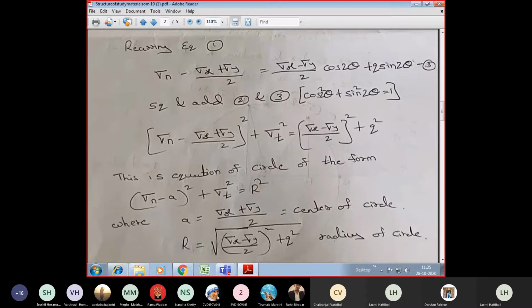When you draw a circle and want to calculate its radius, if you use this formula, you will get the radius of the circle. Is this clear to you all? Center of a circle and radius of a circle. You need to remember this: center of the circle A and radius of the circle R. All this is just a proof that the Mohr circle indicates the stresses on an inclined plane. That's the proof of that indication. I have shown you this equation. Is it understood to you all? Do you have any doubts up to here?